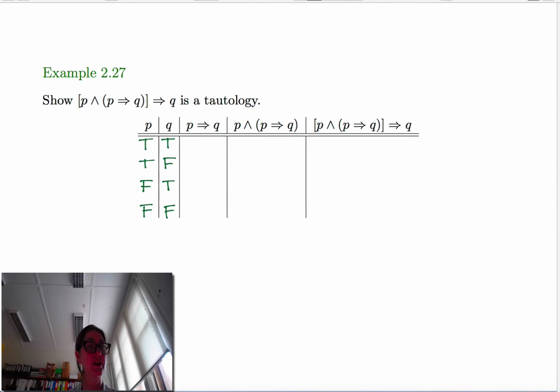Hi team, we're just going to finish example 2.27 today. This is an exercise that I left for you to do at home. I've started off by filling in the truth values in different combinations for P and Q in the same order